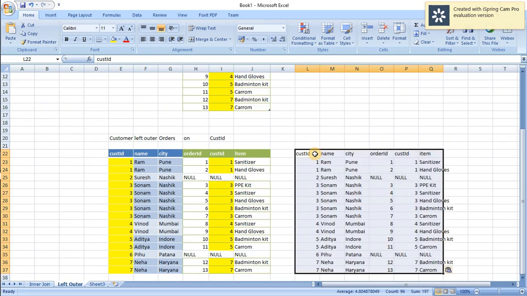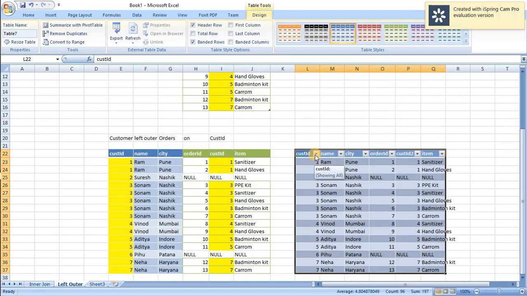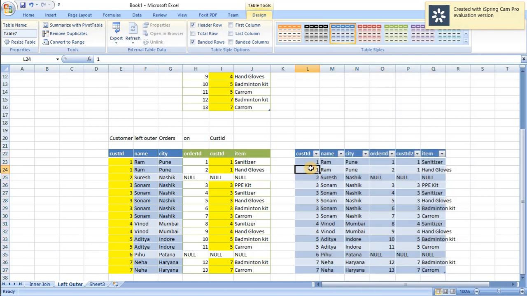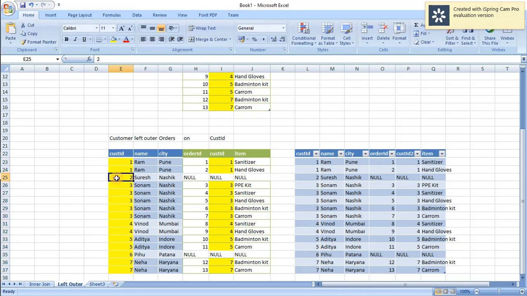Yes, so we can see that 15 rows are returned by our query, and 15 rows are obtained by our SQL tracing. For verification, customer ID 2 does not have any entries in the orders table, so all entries are null for the right side, and it is exactly the same as returned by the SQL query. So this is how the left outer join works.